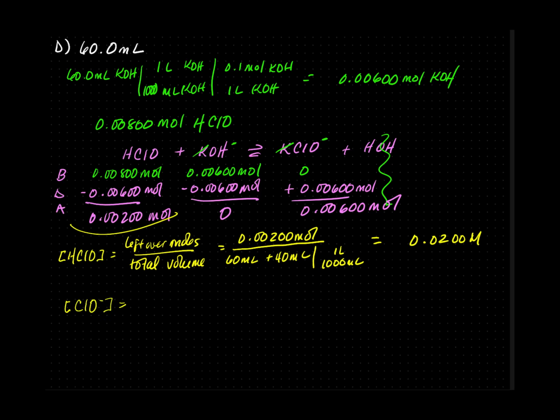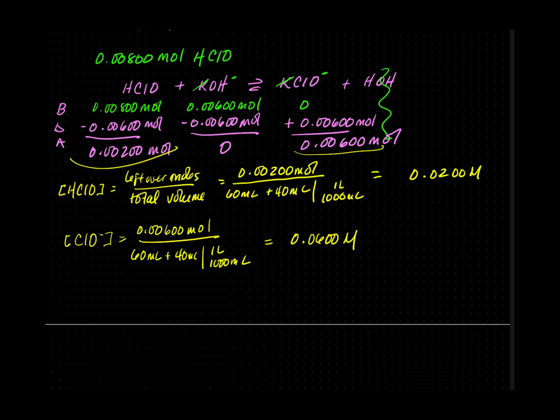So the leftover moles here is 0.00600 moles. My total volume is still the same, 60 mL plus 40 mL converted to liters. So this is 1,000 mLs, which equals 0.0600 molar. Now that we have the new concentration, the ICE table equation is always the weak acid being dissociated